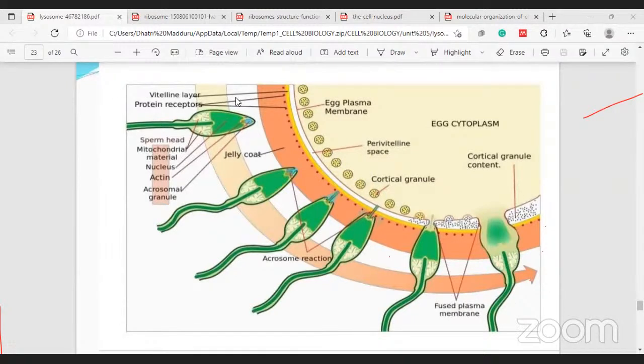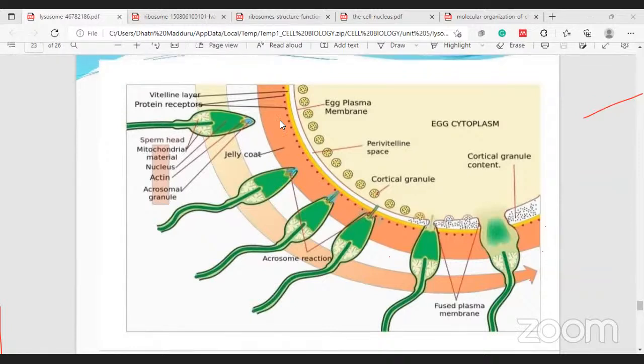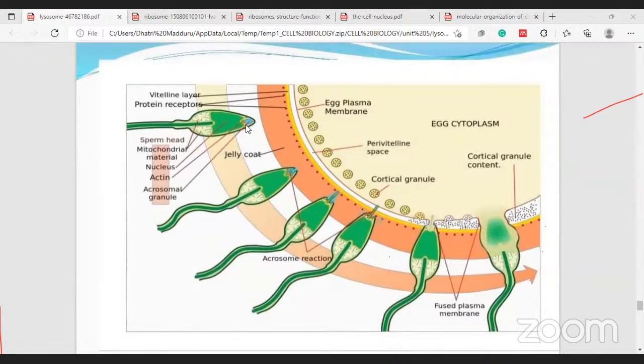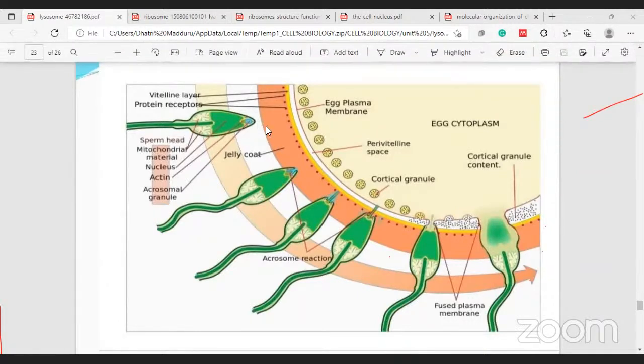Whenever a sperm has to enter into the egg, first of all, the mitochondrial material, nucleus, actin, and acrosomal granules are all present. So this head group has to fuse with the jelly coat, that is the zona pellucida. Here we have the acrosomal granule, this blue colored one, which releases the components or enzymes that digest the zona pellucida and help in the penetration